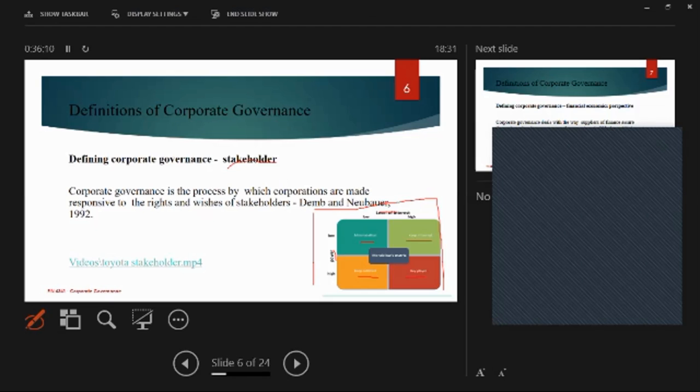CSR is inside the good governance practices. We do CSR as a good governance practice. So corporate governance is a broader thing. In that broader thing, CSR is practices. So through CSR, we focus on stakeholders. We give back to community. So that is corporate governance. Are you clear with that? For those people who asked that question,